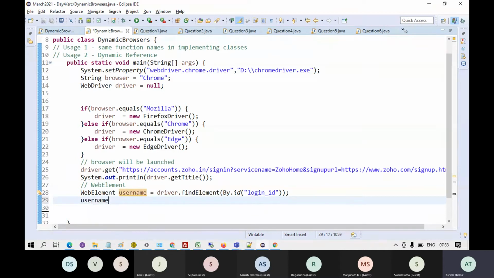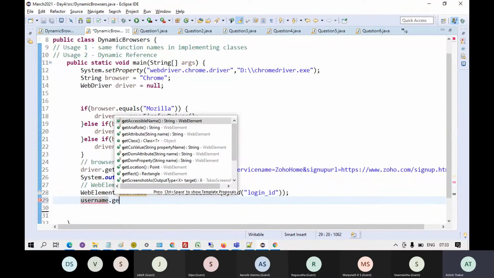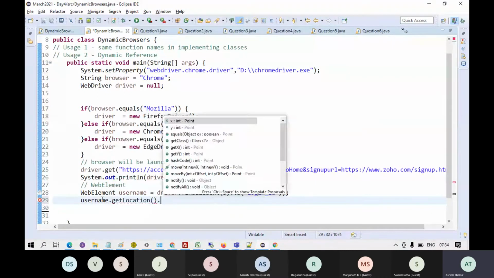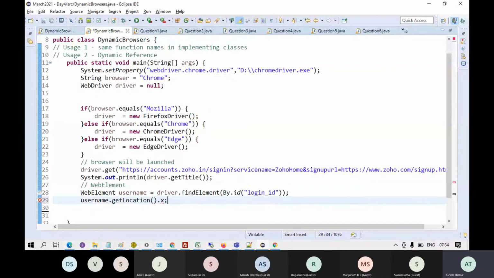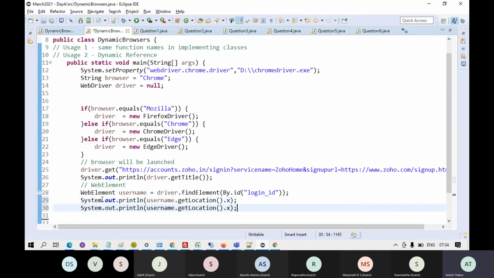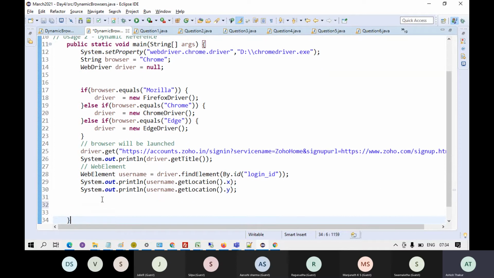For example, if I write username dot, you will get a lot of commands like get location dot x. This will give you the x coordinate of the username field. And if I write get location dot y, this will give you the y coordinate.